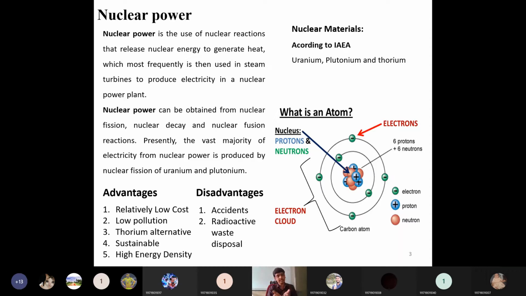So what is there inside that material? This material contains some huge mass inside. Whenever they are bombarded and a reaction happens, there will be chain reactions releasing some exothermic energy. Due to the release of this exothermic or heat energy, that heat will be utilized in a steam turbine so that electricity can be generated.